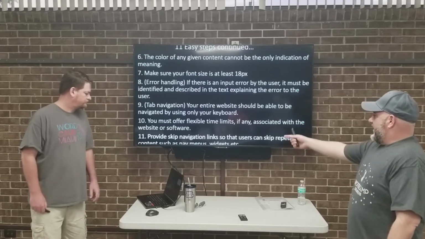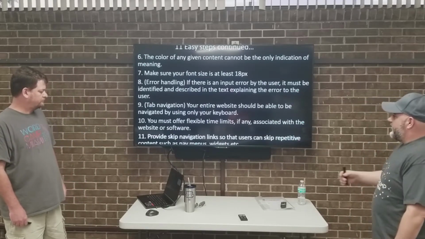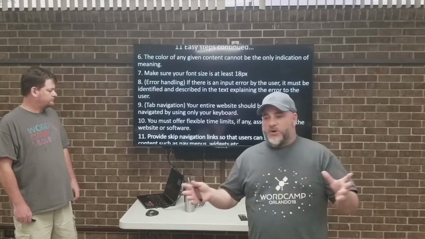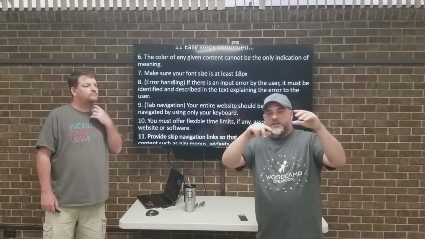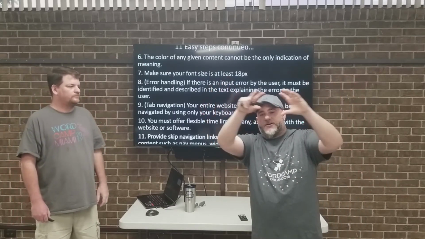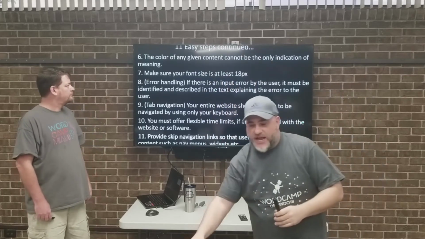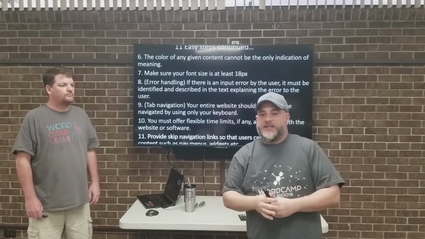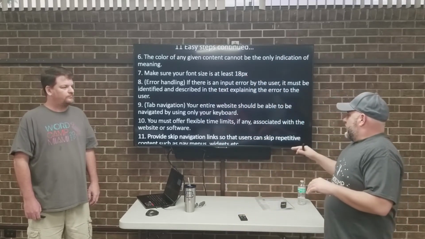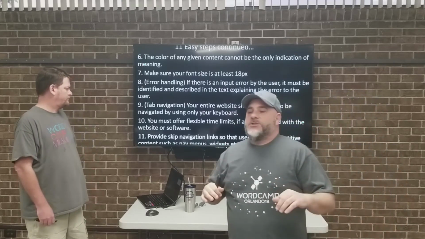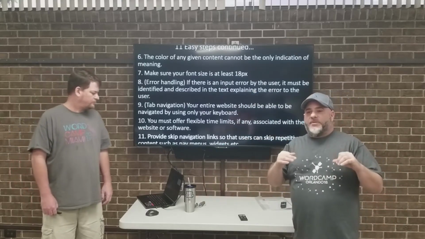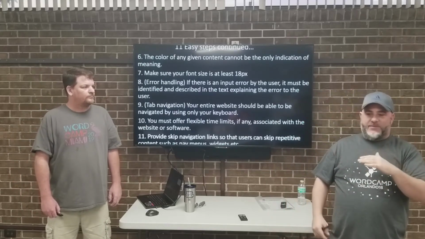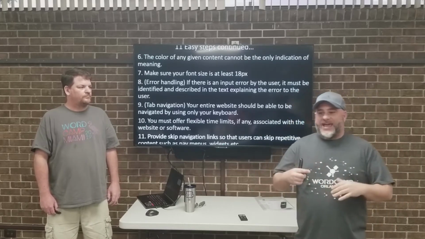All right, we got provide skip navigation links so your users can skip repetitive content. The majority of it is nav menus and widgets. As WordPress developers, it's all about posts and all that. So you have this big, beautiful drop-down menu at the very top of every page. A lot of times down the sides, you got all your other stuff that you're dealing with, all your other posts and all that stuff. Well, for an individual using a screen reader, every time they go to a page, they have to navigate through that hot mess of your beautiful nav menu that you made and all this other stuff. And that gets very